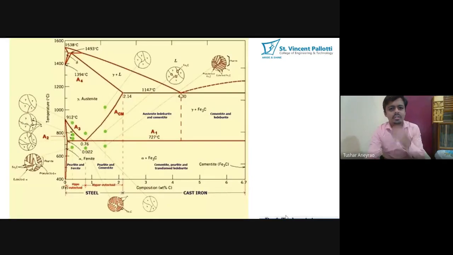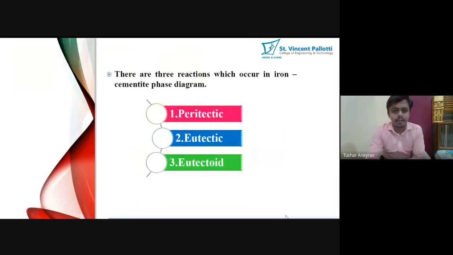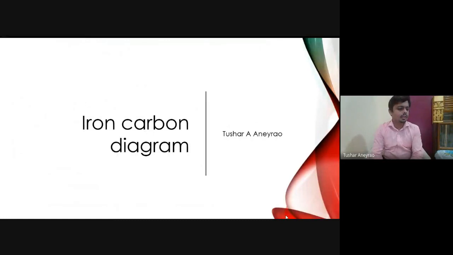So far we have discussed the one reaction, which is the eutectic reaction that we have seen, right? So the eutectic reaction comes with the liquid transforming into austenite and cementite. That reaction we have seen, and the eutectic mixture of austenite and cementite is called as the